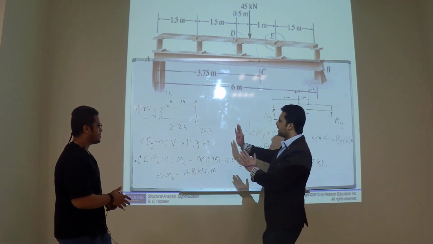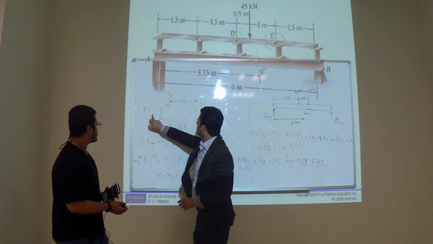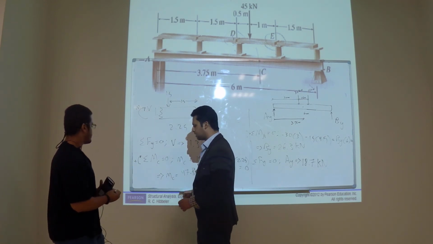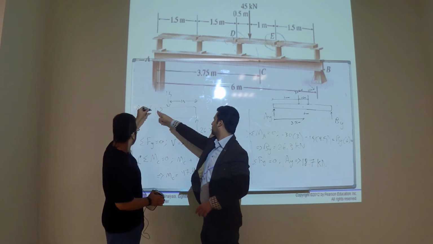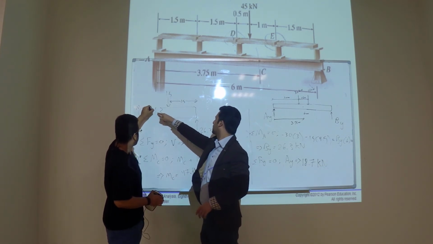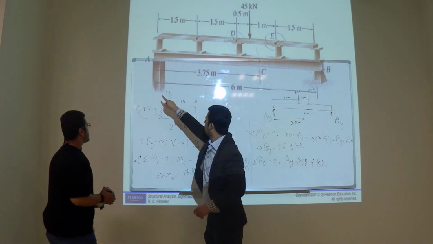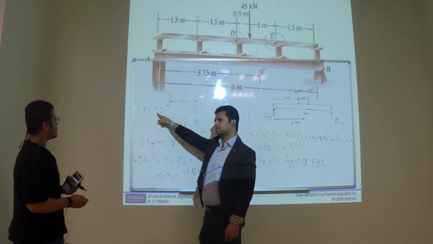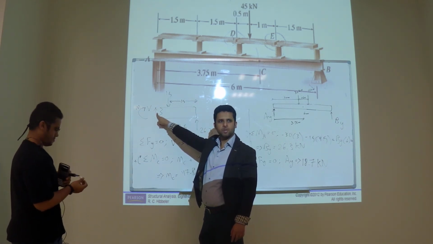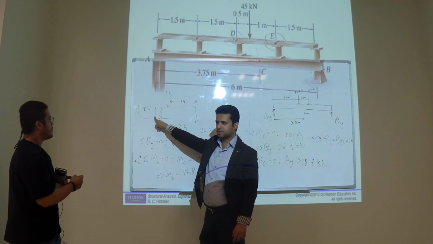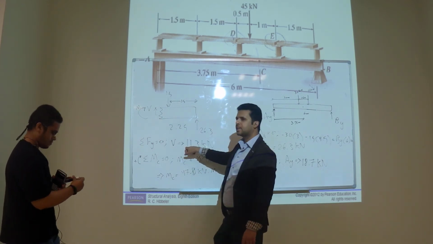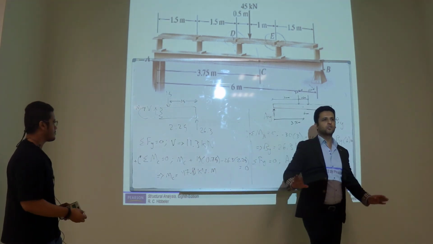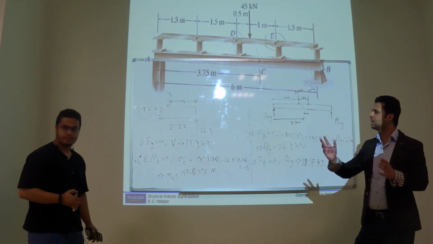When you cut a section from right, this is the positive shear. If you cut a section, up. Because this shear is producing clockwise, so this should be positive. Do you understand? You should assume this direction. So if you assume this direction, you will get negative answer. If you don't want to see the answer, just see it is